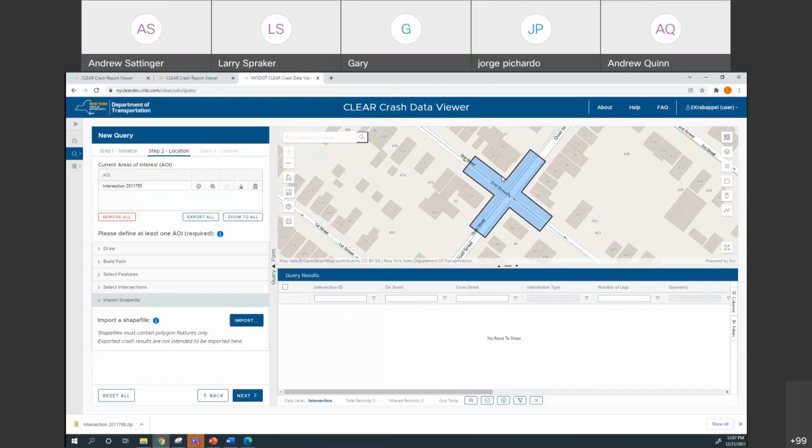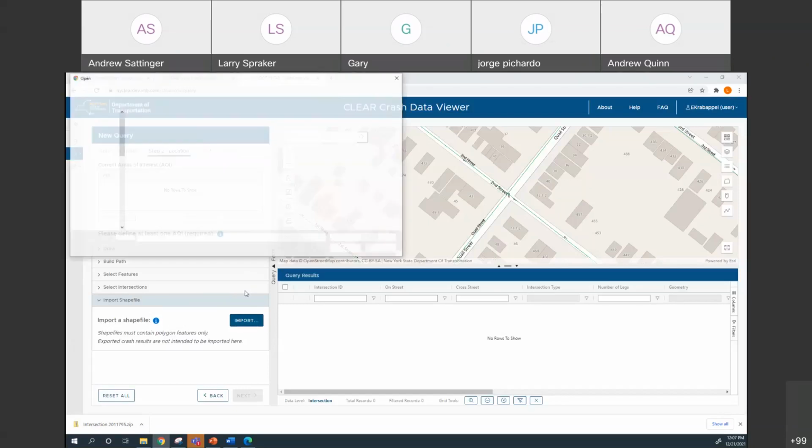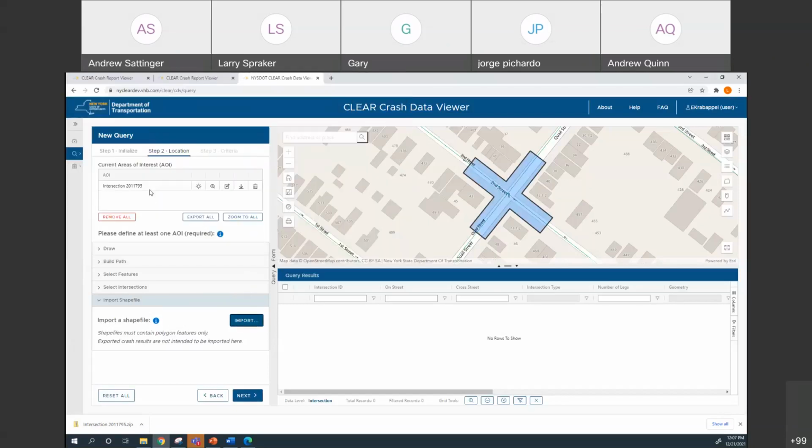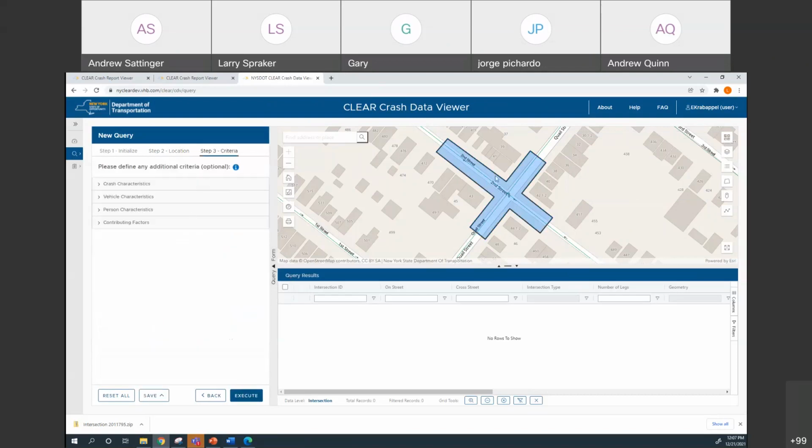I can't edit this, but if I wanted to start with this and edit it, what I just did is I clicked this and it exported it to a shapefile, a zip shapefile. So now I could remove that one and import a shapefile, and import it from this one here. Now I've imported it, and remember when you import a shapefile, it comes in as a graphic. So now I can click the edit tool, click inside it to expose the vertices, and I can run this area of influence up the street further if I wanted, and then complete it, and then use that